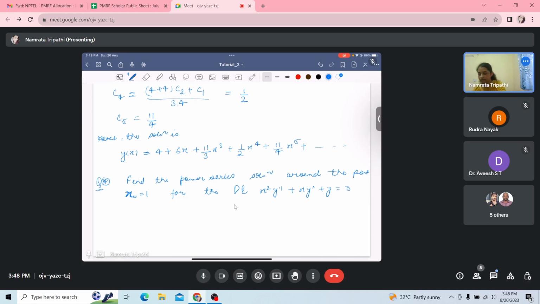Please try to solve again. We have to calculate the power series solution, but we have to calculate around x naught is equals to 1. How to solve in this case? A regular point is 1. Yes, regular point is 1. So x is equals to 1 is a regular point. We can write